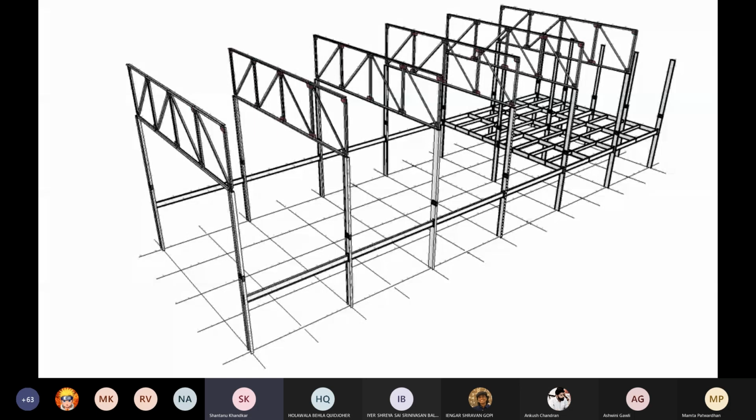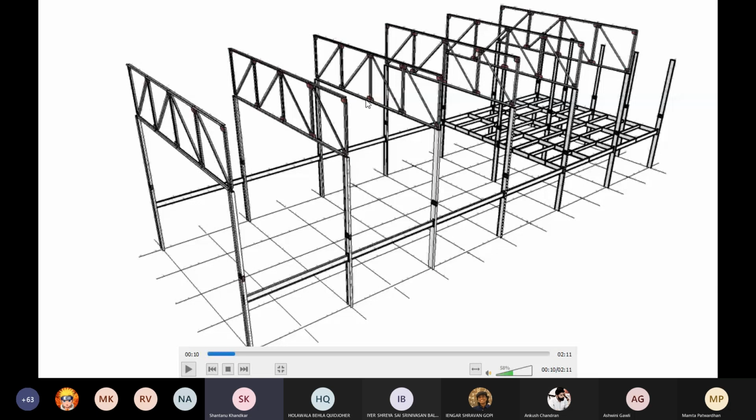The question was how that middle part was going to get spanned. Here we have spanned the large middle section, which is about 12 meters in length, by means of these lattice girders. They are formed of angle sections, which form a lattice, like a flat truss. That gives you an effective depth of about 1.5 meters, but it doesn't have as much material in it, so it's comparatively lighter.